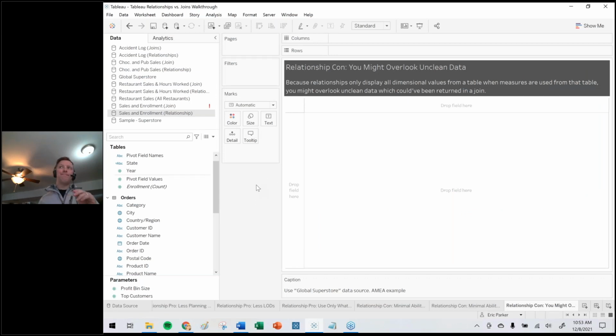This is probably maybe the biggest con that I can think of with relationships. You may accidentally overlook unclean data because of that situation that we looked at, where when you're relating them, unless you're using a measure from both tables, it's not necessarily creating an outer join. So to give you an example of how this could occur,